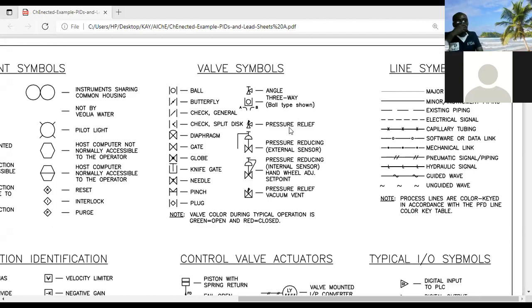So the pressure relief valve, they were there. The pressure relief valve is nothing but a valve that is there to safeguard your equipment from being over-pressurized. For example, if you have a flow line, a line carrying gas at a high pressure, and there's a sudden increase in pressure above what we call the maximum allowable working pressure of that line,